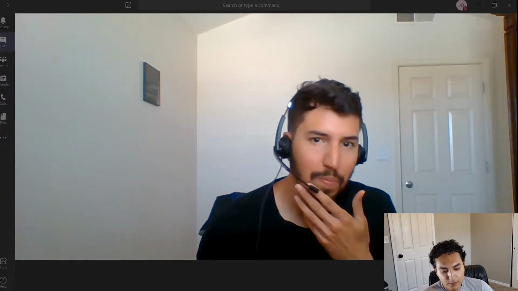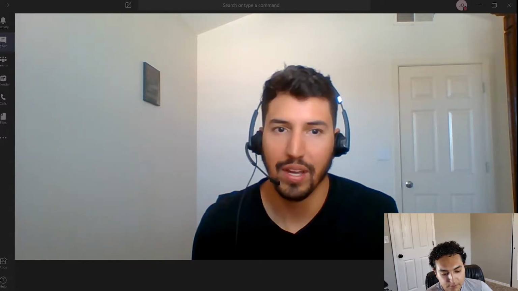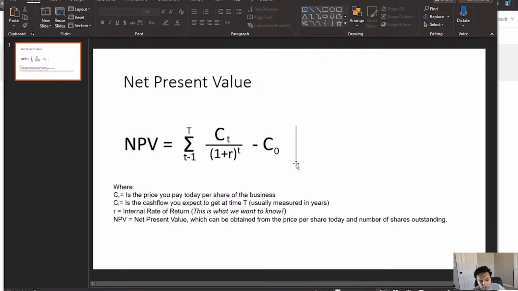Now, essentially, the concept of fundamental investing can be boiled down to calculating the present value of a company or security you are analyzing or considering investing in. Can I share my screen? Yeah, go ahead. Okay, so I put together a little slide here with the formula. So, net present value. At first it can look a little scary because we have some Greek symbols here and some arithmetic, but once you actually break it down, it's not that bad. So basically, we're looking at